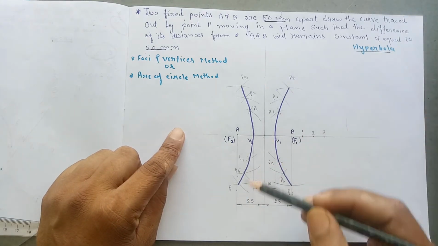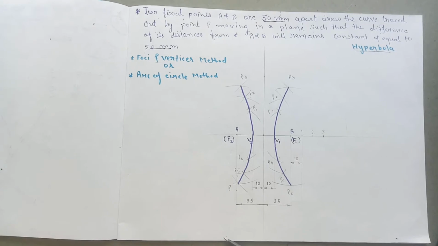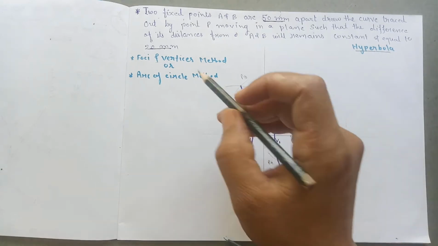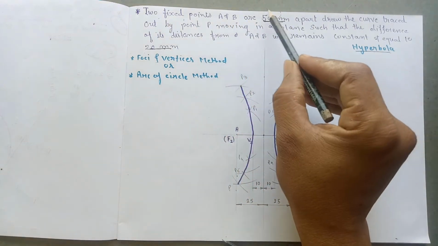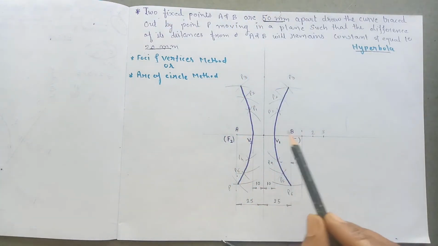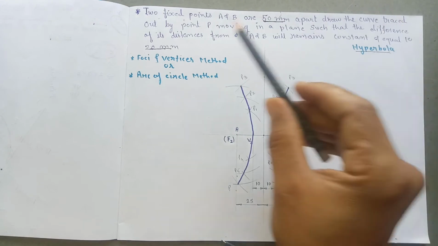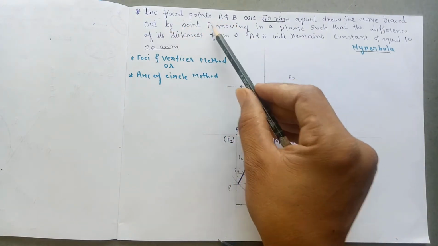So this will be the hyperbola. Now let us prove the statement. In the statement it is given that two fixed points A and B are 50 mm apart. So F1 and F2 are the fixed points. Draw the curve traced out by point P